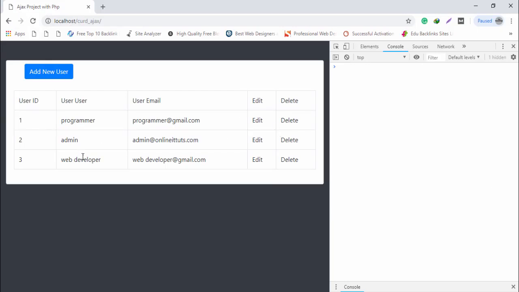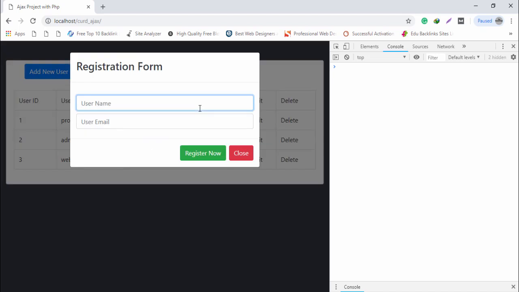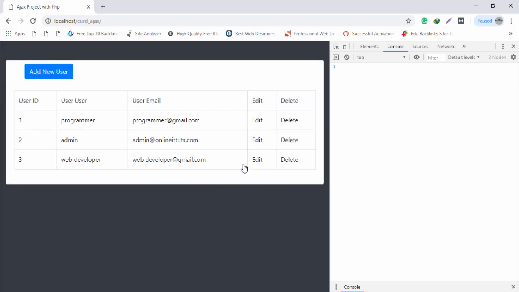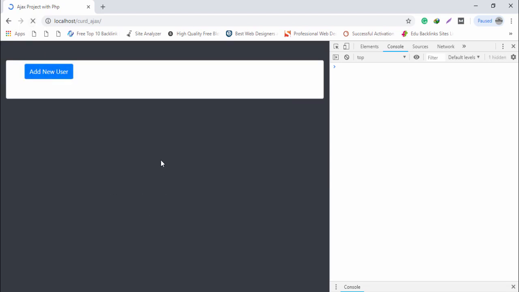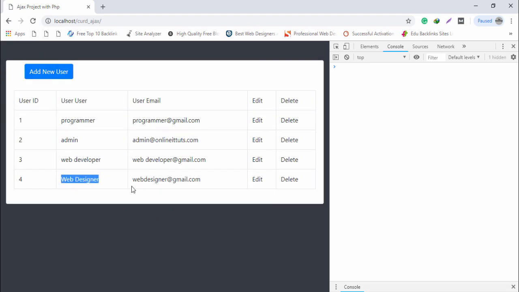As you can see, guys, we have successfully stored the record. We have successfully used jQuery Ajax to display the database record on the same page. Okay, I want to add a record. I use webdesigner at gmail.com. Click to register now. Your record has been saved, but I can't see the record inside my table. I refresh that, as you can see, but I want to use an Ajax request to display the record on the same page without